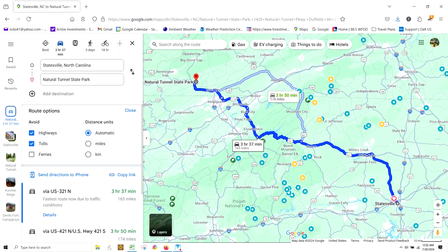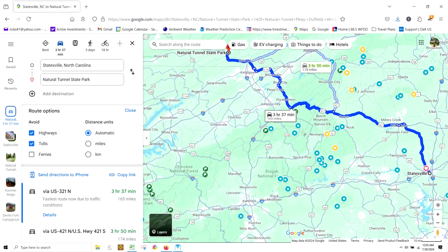I mean, you're on a vacation. I understand if you're trying to get somewhere, like I was trying to get to a wedding. When I went to the wedding, the route I took was faster than the interstates. Some of the U.S. highways, especially some of the ones that they're changing into interstate highways, like here is